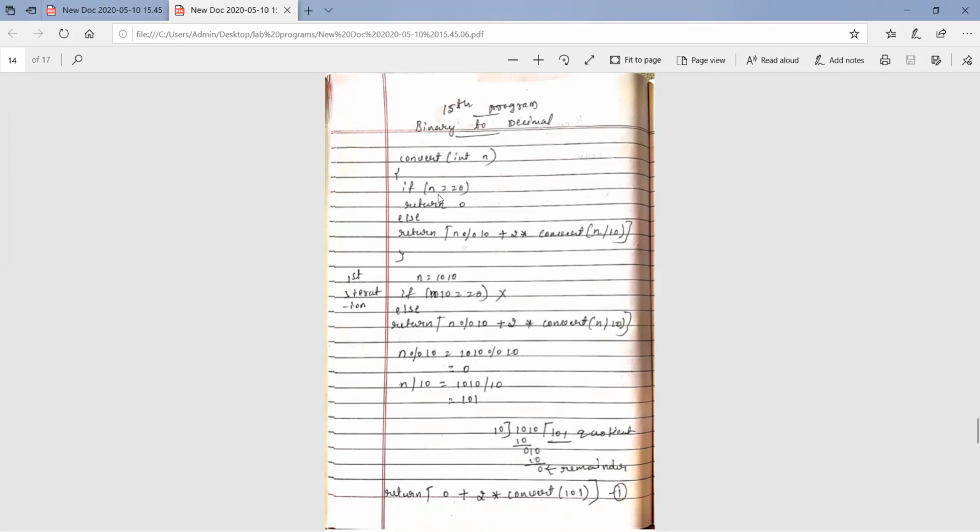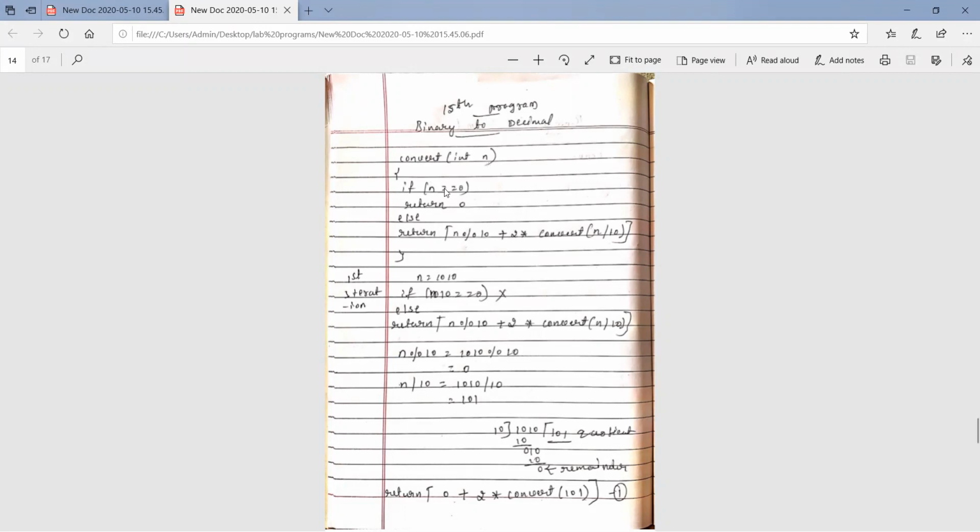A function consists of a set of instructions used to execute a particular task. The format of the function is the type of the function that indicates a return type, followed by the name of the function, then followed by the parameter list. Next we have the braces, opening and closing brace, and inside that we write the set of instructions. We consider the function convert, and we can give any name to that function. Here we give convert, and we are considering a single parameter, that is n,